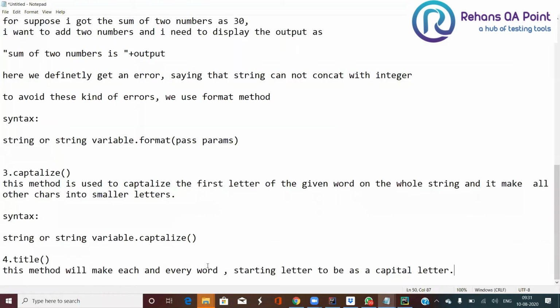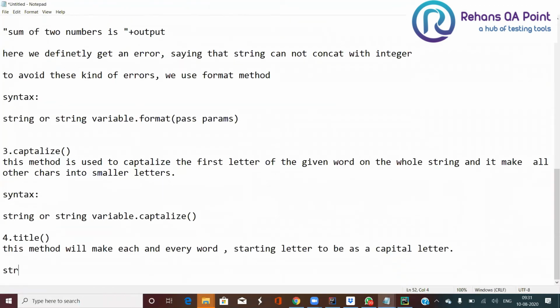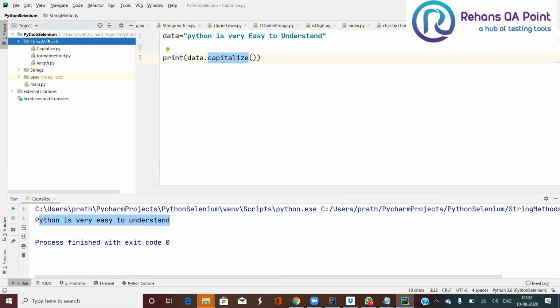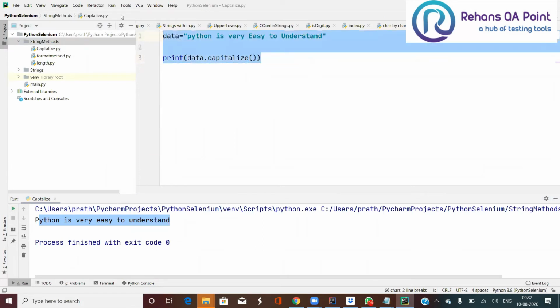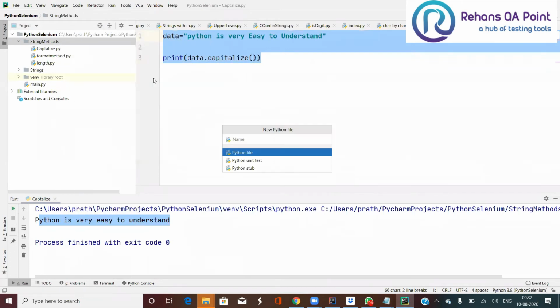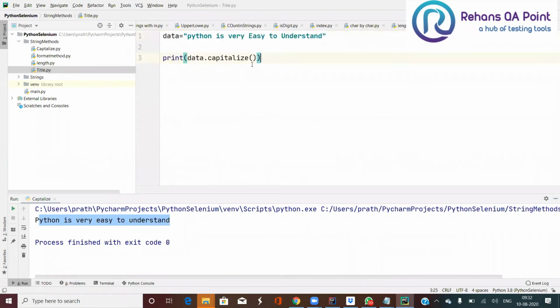The syntax is going to be very simple, guys. Syntax is going to be string or string variable dot title. Now see what will happen. I'll copy the same string and create a new Python file, name it title, and paste it here.